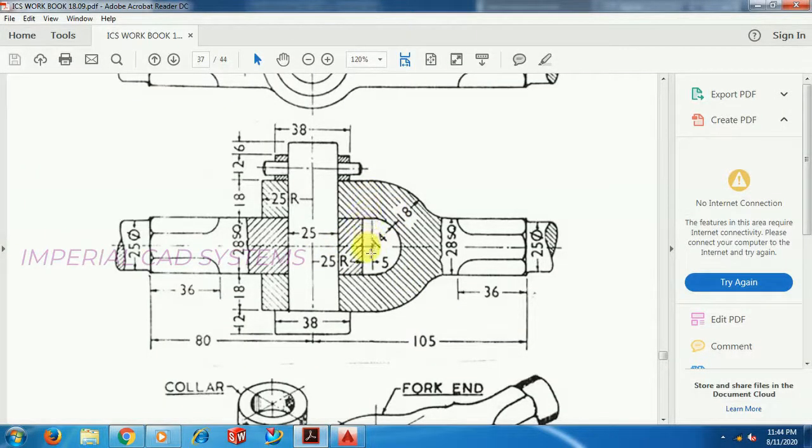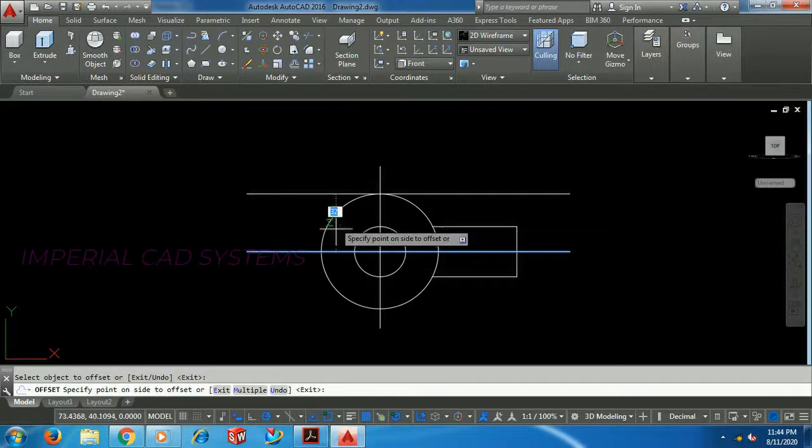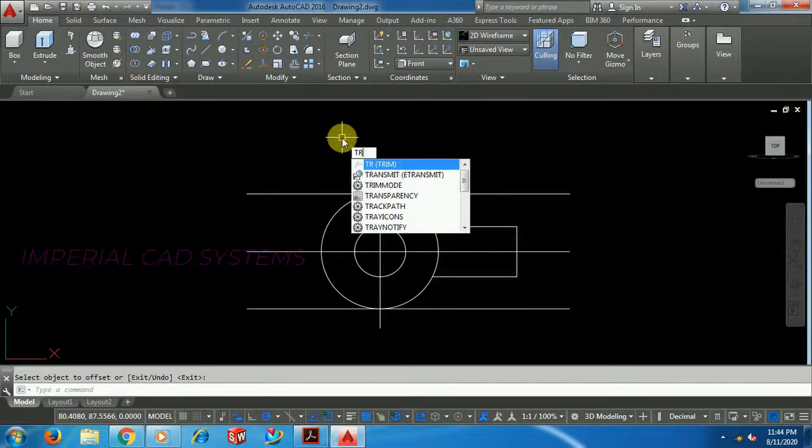See, from this center horizontal line, offset 32 to top and down. Offset 32, okay, trim.